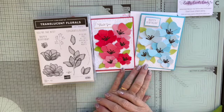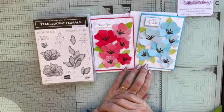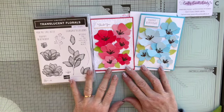So I hope you like those cards. They're a little bit different, not my usual style, but I've really enjoyed playing with them. You can, of course, get all of the details and all the measurements on my blog at